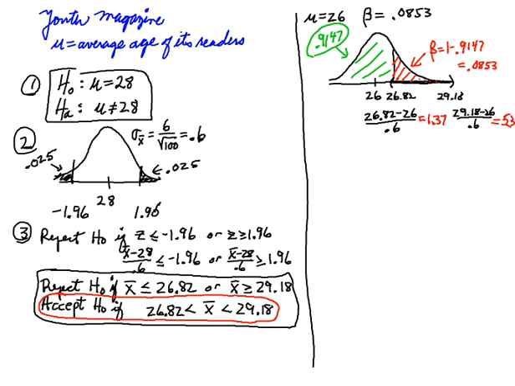Okay, let's go ahead and try another one. Let's look at calculating the type 2 error probability if the actual average turns out to be 27. Again, if the actual average is 27, the null hypothesis is wrong, and therefore if I accept the null hypothesis, I will have made a type 2 error. What's the probability of that happening? What's the probability that I'll get an X bar in my acceptance interval, somewhere between 26.82 and 29.18? If the real average is 27,